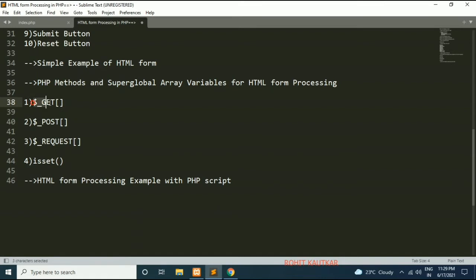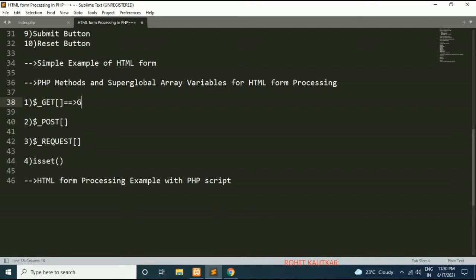Because it will be available for all pages within your web application, and it is an array variable because within your form you may have multiple controls which will contain multiple data. All that data will be submitted by your form and it will be collected within this super global array variable.